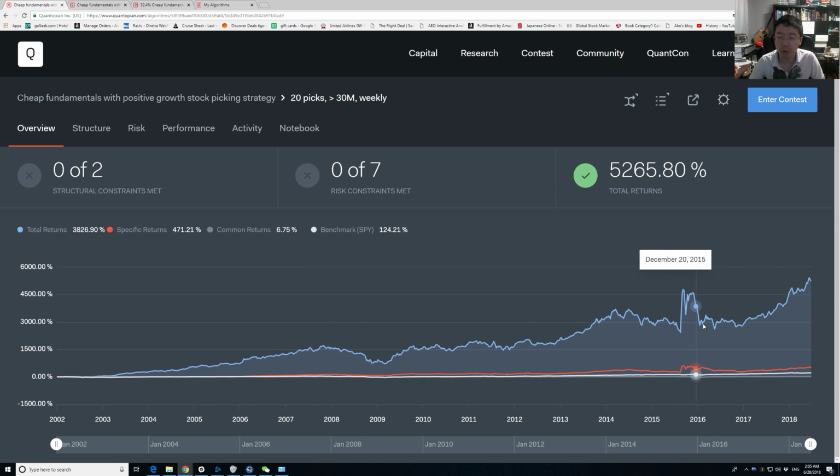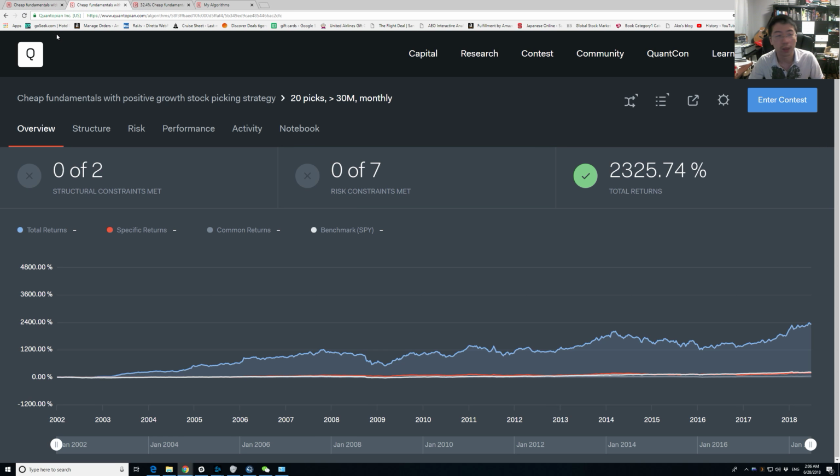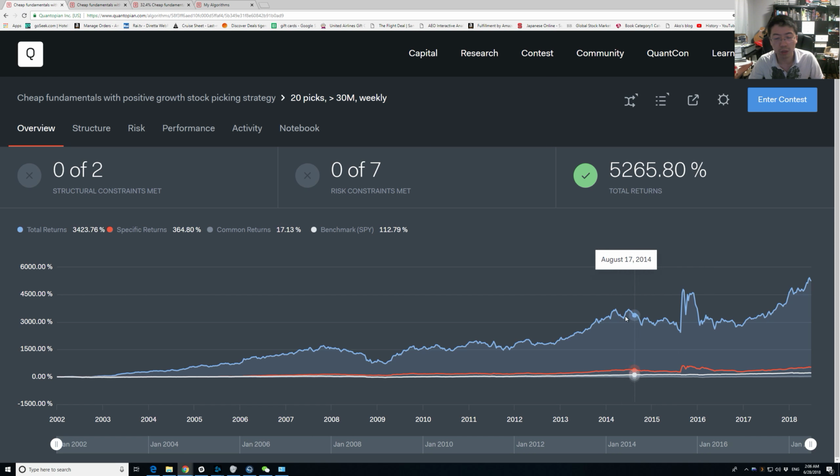both of them seem to outperform the market quite dramatically from 2002, and they just have very similar criteria. Essentially, I changed the market cap to be more than 30 million, and the difference between those two is one rebalances weekly and one rebalances monthly. But I think this is a glitch. But even without this, you can see the